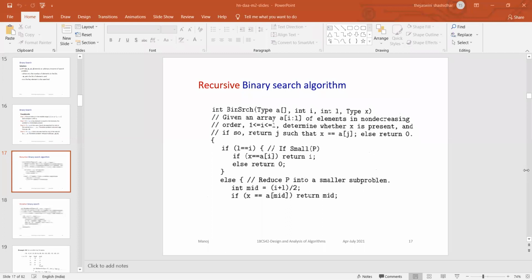At that place, can you divide this particular problem? Yes.